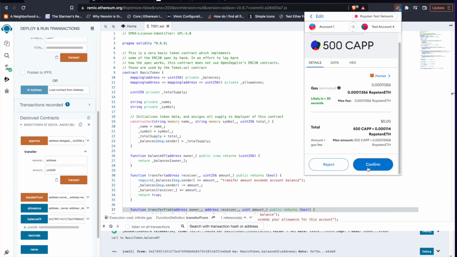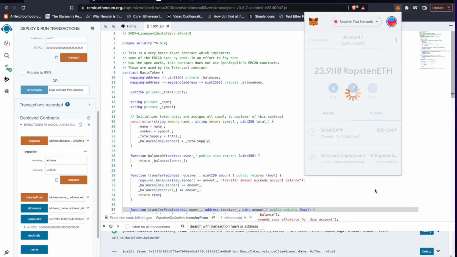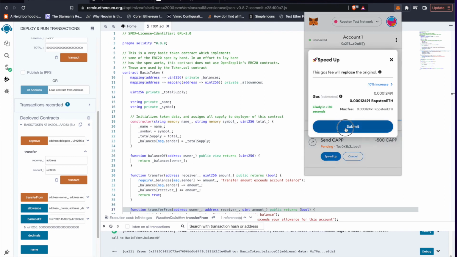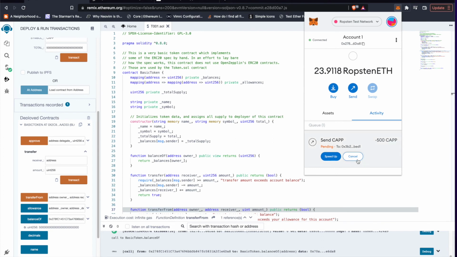We're going to go ahead and confirm this transaction. Again, this is going to go onto the blockchain, the testnet. It's going to do some stuff. We're going to go ahead and speed it up because why not? None of this is real money anyway. Come on, speed up. But once this finishes, we'll see that our account one, yep, is going to be down to